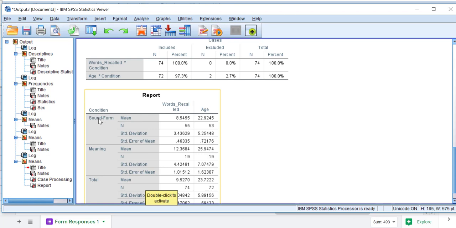So here we have, for our sound and form condition, the mean words recalled was 8.55. For meaning, it was 12.37. That is a difference. Whether it would be significant or not, we'd have to do a t-test. We're not going to do that here today. We see the mean age was 22.92 and 25.95. Here's our standard deviation, our standard error,